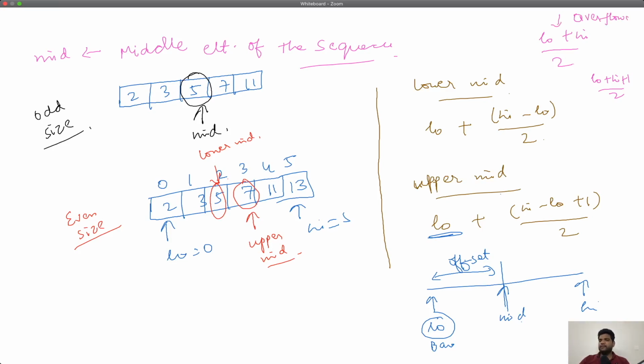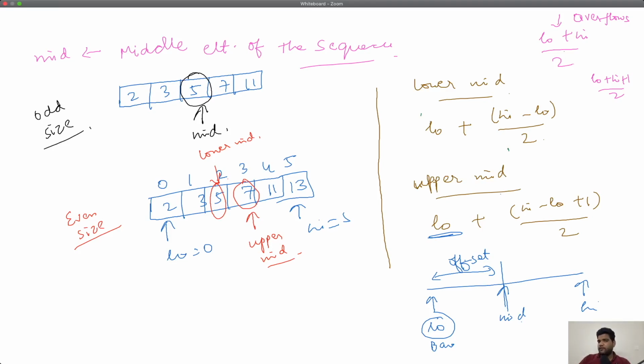Typically in programming languages like C++, where you have constraints on the maximum number that an integer can hold, or a maximum number that a double can hold, data type limitations lead to overflows. But that does not mean that the other formula will not lead to overflows.